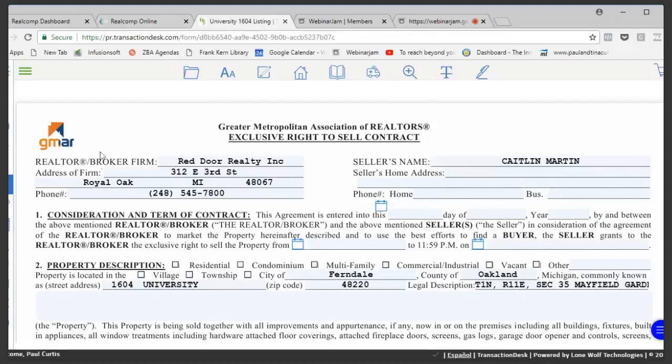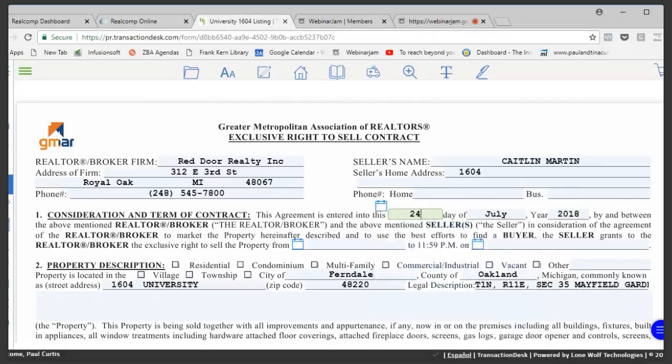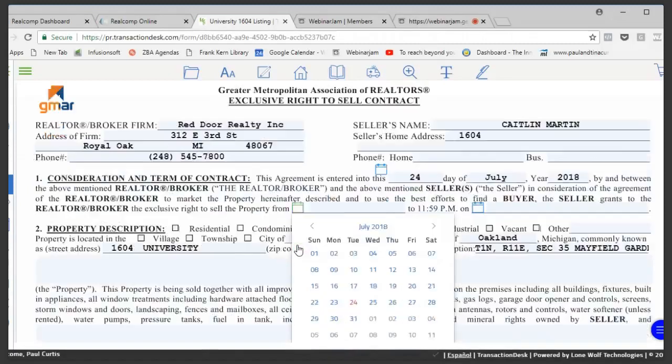So all of the brokerage information is there. You know, the owner's name, probably the address is going to be the same as the house, maybe not, but fill all that out. I'm not going to go through all that. A phone number for them. And the first thing is consideration and term of contract. So this is the day that the agreement is entered into, not necessarily when it is listed from. So today's the 24th. We're going to click that date and we're going to say we're going to sell it the